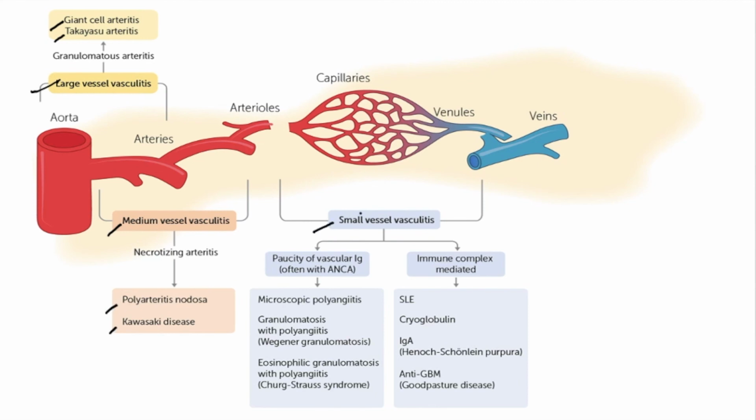And the small vessel vasculitis involves basically the arterioles, capillaries and venules, the larger vascular bed. It can be classified into two types: immune complex mediated and pauci-immune small vessel vasculitis. Usually the pauci-immune small vessel vasculitis is associated with ANCA, P ANCA or C ANCA. Immune complex mediated vasculitis is usually a part of the bigger picture, like connective tissue disorders such as SLE, or HS purpura, that is IgA vasculitis, anti-GBM antibody related vasculitis, that is Goodpasture syndrome, and cryoglobulinemia.